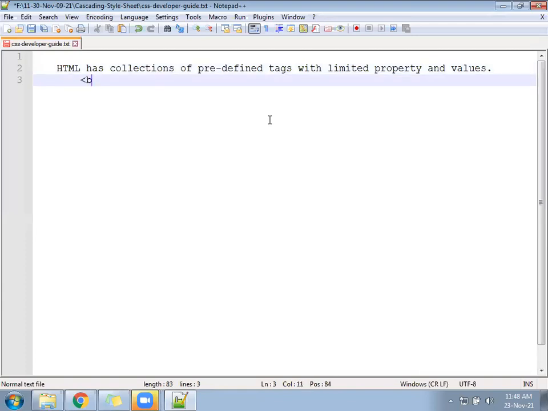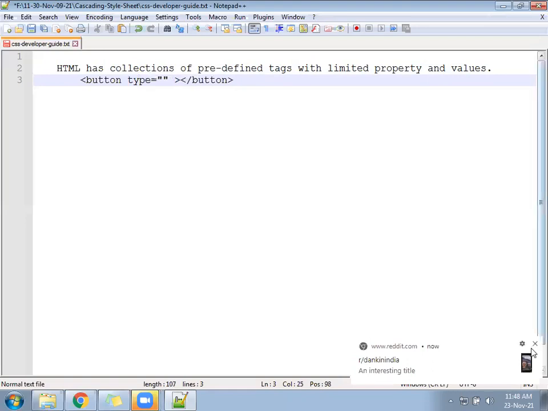Suppose you have a button. Inside the button, what properties are available? Here, type is there. After that, do you have color?